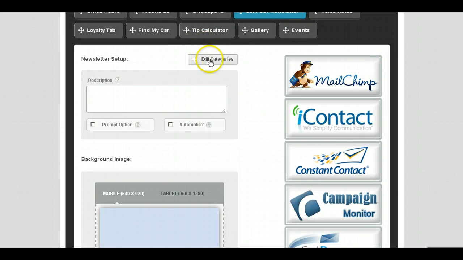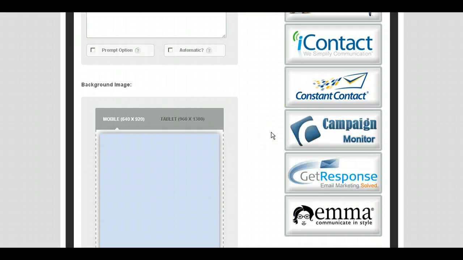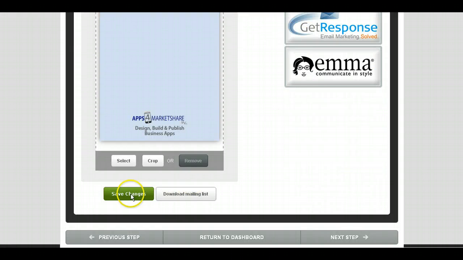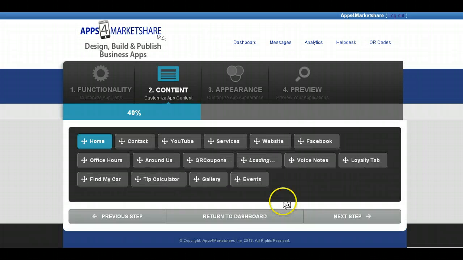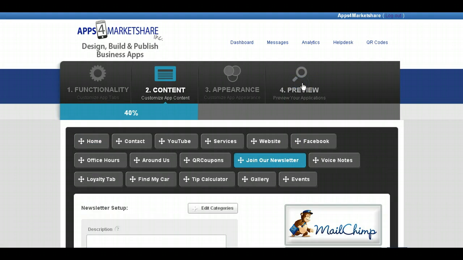So you can have as many of those as you want. I wouldn't get too carried away with it just because it gets a little bit confusing. And then most of these services will allow you to choose. You can choose one of those lists or both of them to send to. Okay, and so you save the changes, and then you see when you go over to the preview button over here,